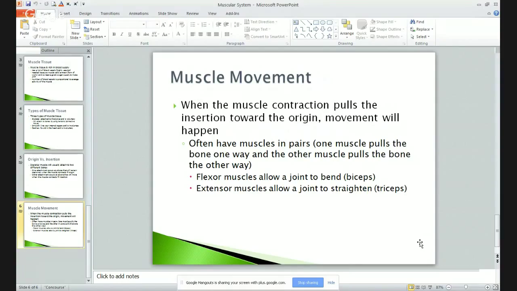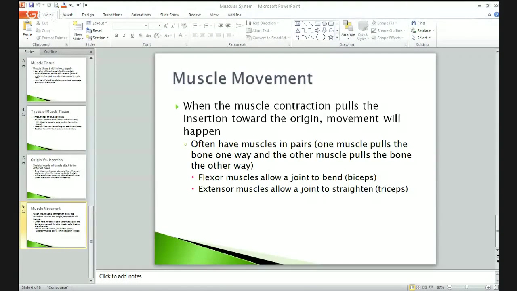So causing the joint to bend, that's going to be a flexor. Trying to straighten it out, that's going to be the extensor muscle. So that kind of gives you an idea about the muscular system. And again, don't forget you're going to have a quiz over the anatomy,